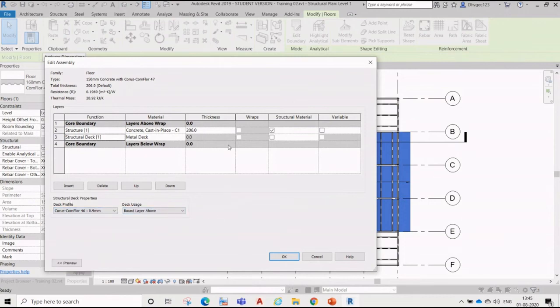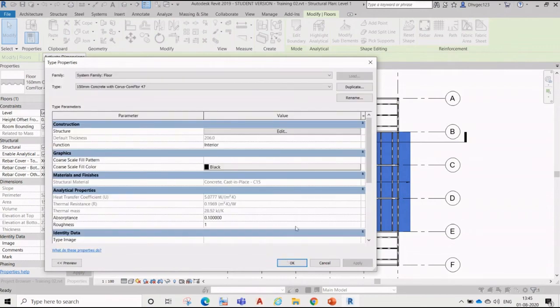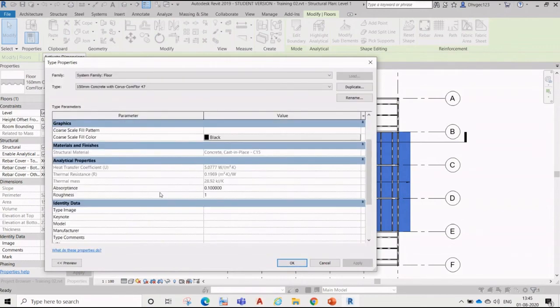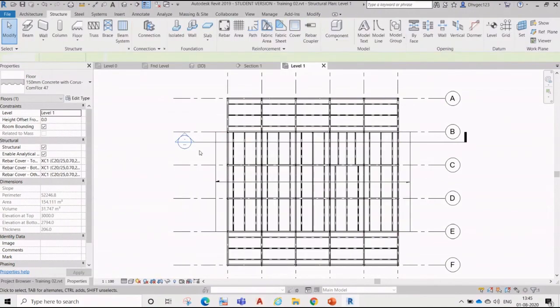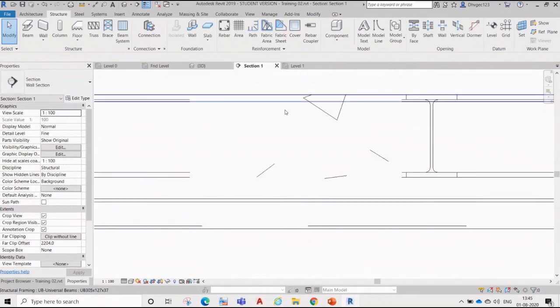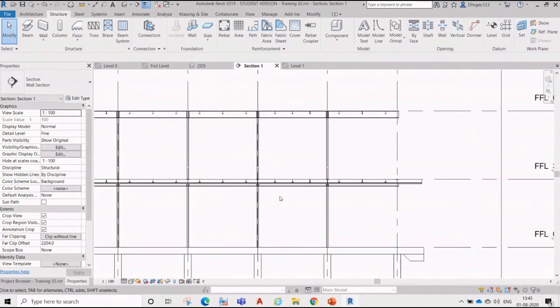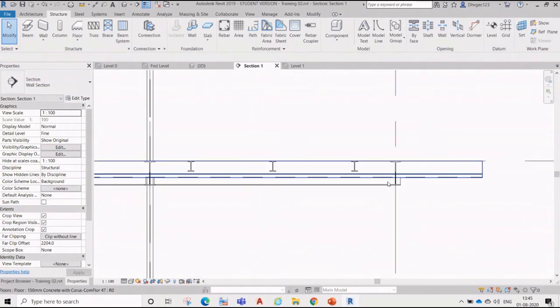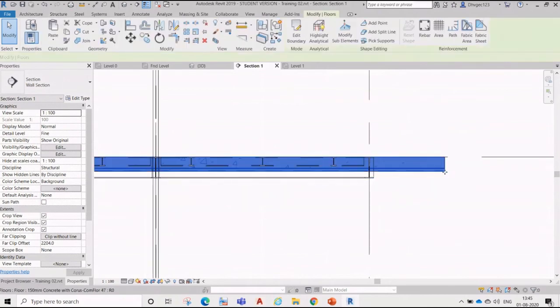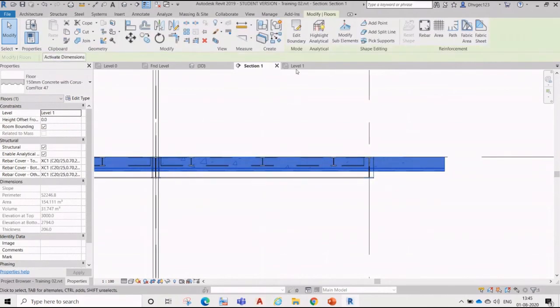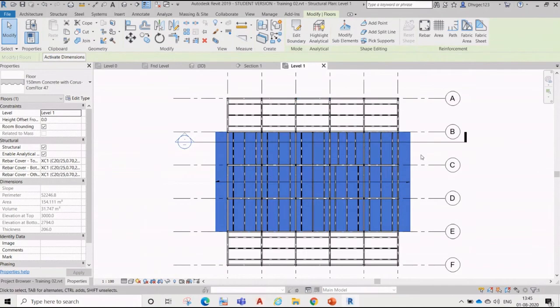Okay, so like thickness over here we'll put, if you want to define any other thing. Okay, so if you will see in our section, this is longitudinal, right? Now go here and put another section over here.